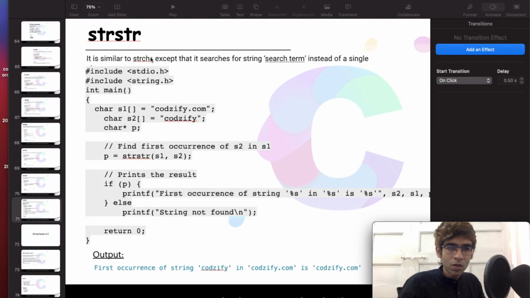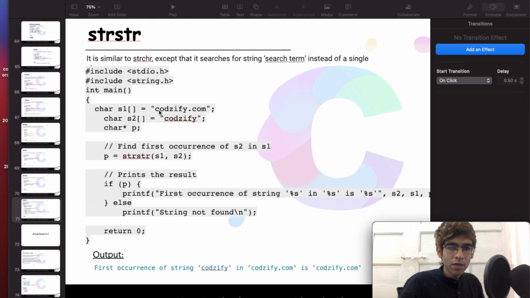Okay, similar to strchr, we have strstr. It will search for a substring inside a string. For example, we have codezify.com in s1 and codezify in the s2 array. Now here strstr s1 comma s2. It will search for codezify in this string codezify.com, and from there it will print the string.